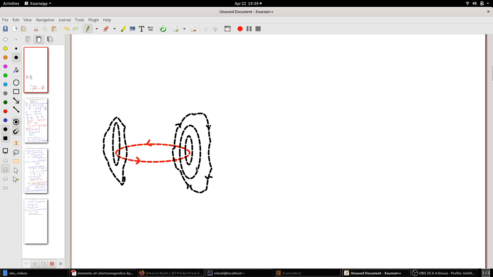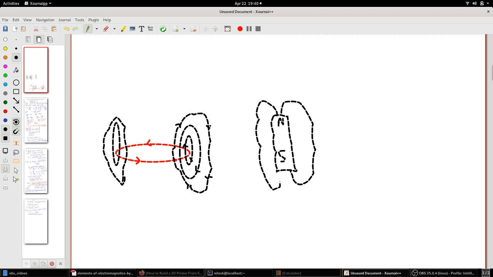Now the interesting thing about this is that it is very similar to the bar magnet. If you have a bar magnet with a north pole and a south pole, we see the magnetic lines going out of the north pole and entering the south pole. We see this phenomenon in a bar magnet, these flux lines coming out of the north pole and entering the south pole. We already discussed that, and the direction is from north to the south.